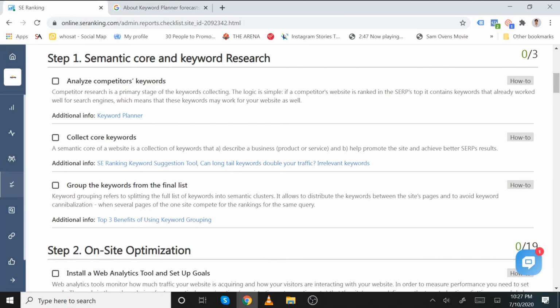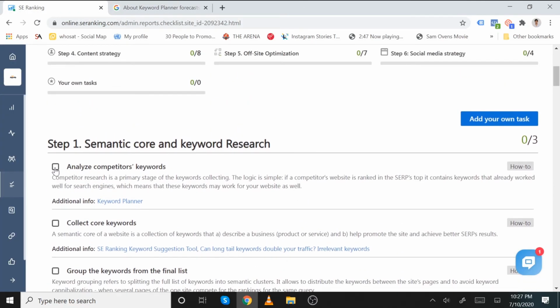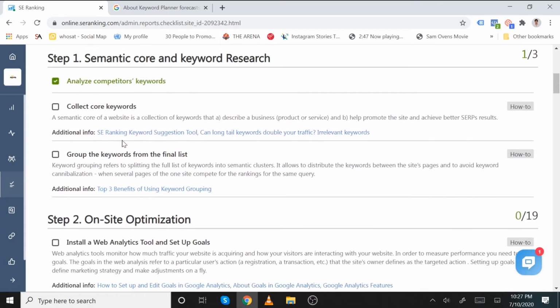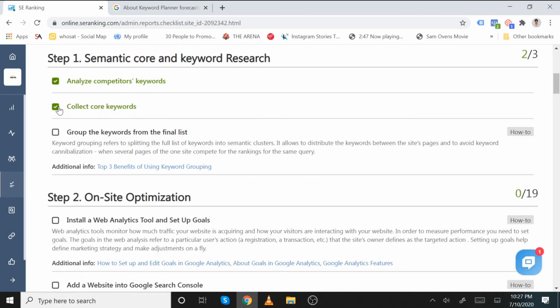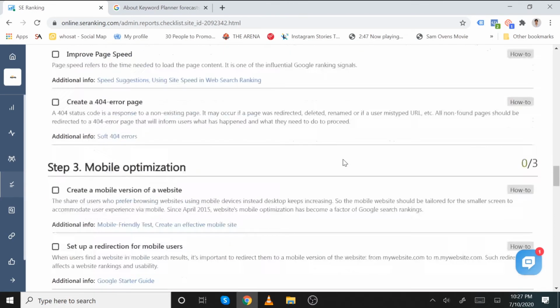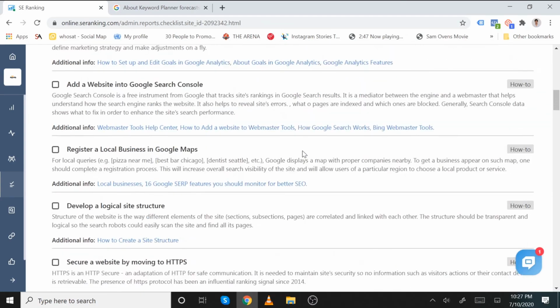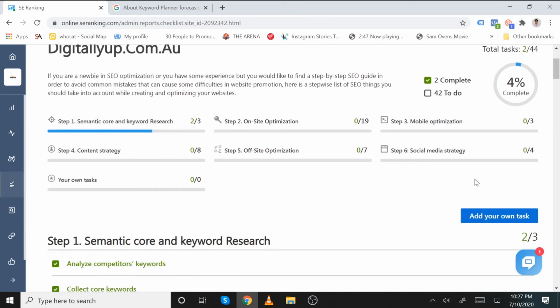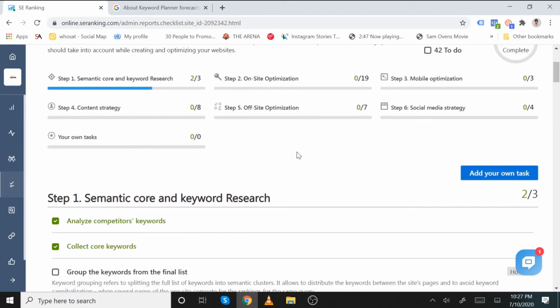What is keyword planner? It is a very good tool for beginners. So after you have done this part, you can just click on this thing that you have done it, and then collect core keywords, then click yes, I have done it. So in this way you have an entire marketing plan, and this is just a task list, and you can also add your own tasks. So this is a pretty interesting tool for beginners as well as for advanced level marketers, and they have made it